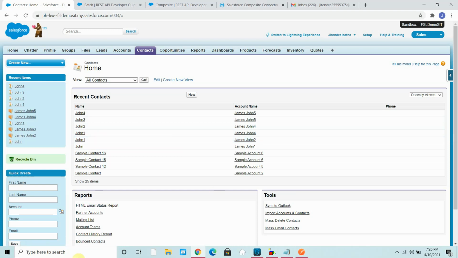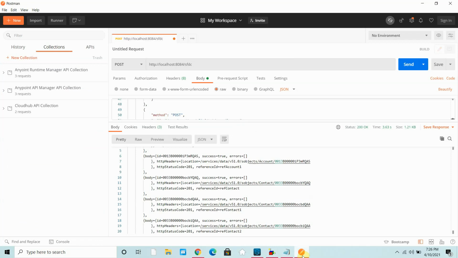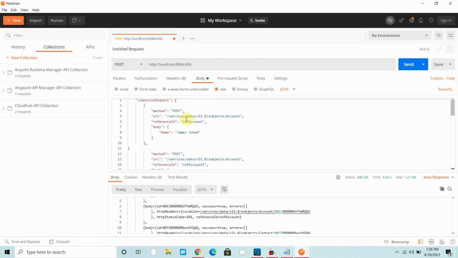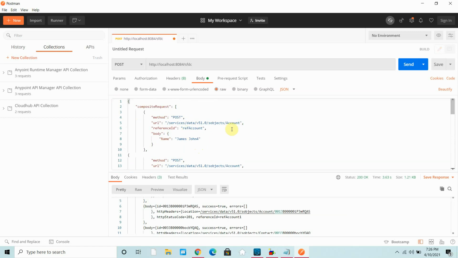In the next video we will see how we can include the transaction. Here we have seen that we added the account even though our contact failed, but the account is still there. There is a facility where you can do the rollback and all those things automatically. You can enable the transaction, we will see in upcoming videos.